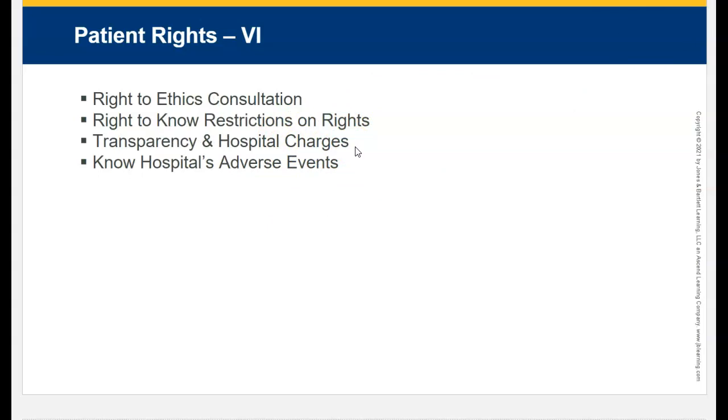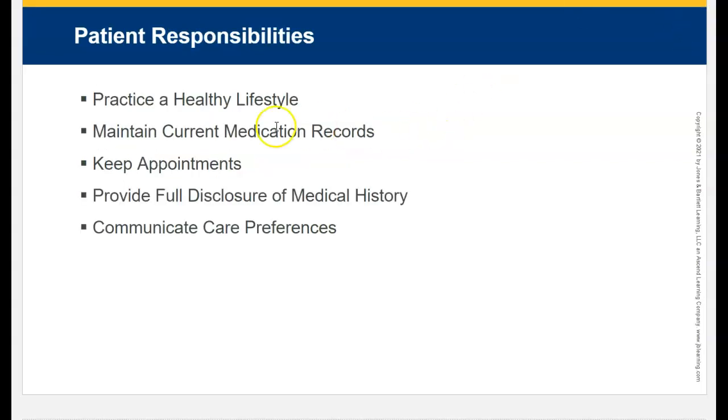So on page 261, hospital adverse events are mentioned at the top of that page, but also patient responsibilities are listed again because remember, if there is a patient right, there is a responsibility, and seriously, we can apply that with everything in life. Let me keep going. So, patient's responsibility. It is their responsibility to maintain a healthy lifestyle. Even our folks with chronic illnesses and disease processes, a lot of the management of that is the patient's responsibility.